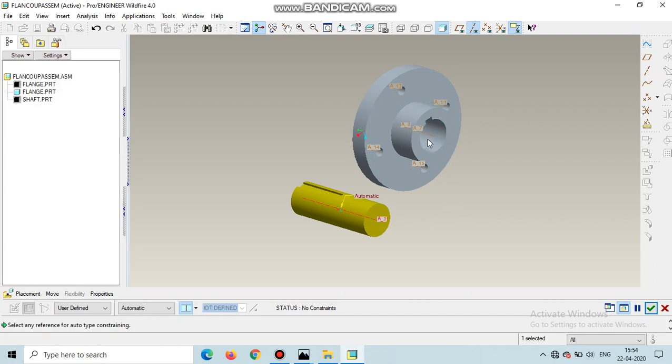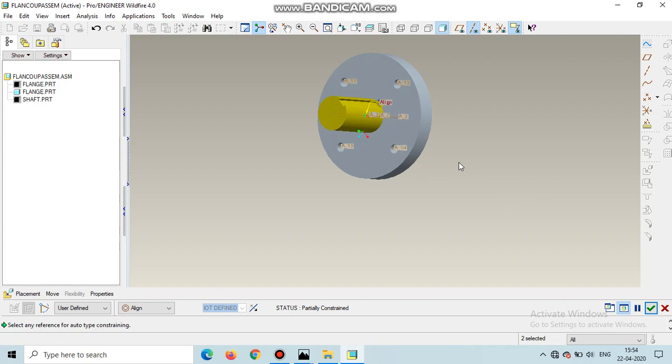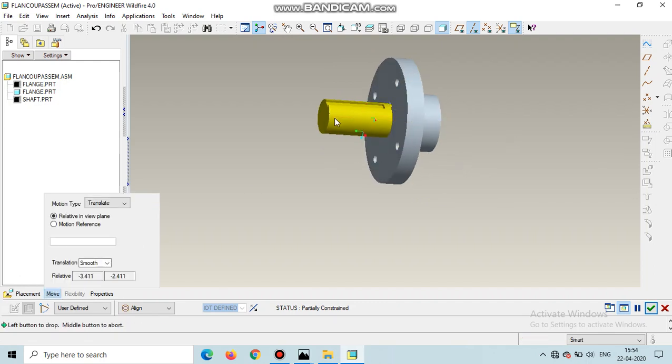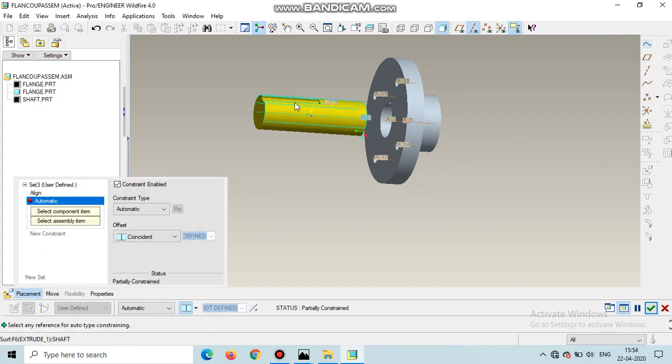Go to this axis to axis. Here the advantage is that this keyhole is coming on the right surface, so no need to flip. Okay, so the next thing to do is go to move. To see it properly, I'll take it out and I'll take this edge. Go to placement, new constraint,